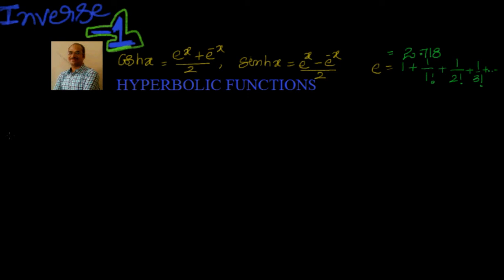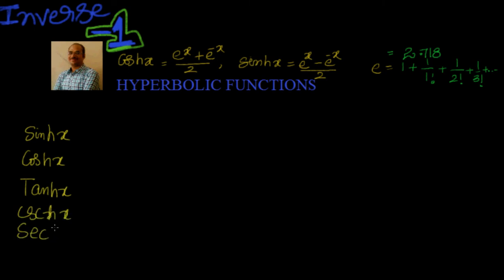of them. Let's write them here now, because we know that the inverse hyperbolic function's domain is nothing but the range of the hyperbolic function, and also the range is nothing but the domain of the hyperbolic function. It's actually the inverse of that. So let's write now. Let us say, sinh x, cosh x, tanh, cosecant h, secant h, coth.